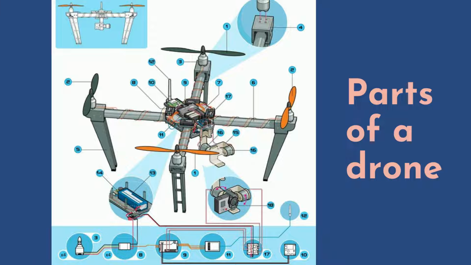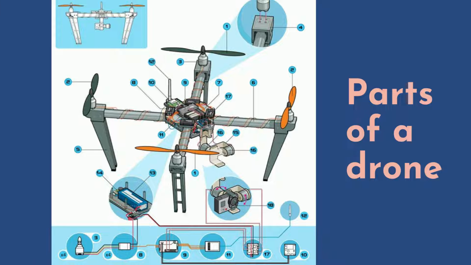Number 3 are brushless motors, number 4 are motor mounts, number 5 is the landing gear, number 6 are arms for stability, number 7 is the central part of the drone with which all its arms connect, number 8 is the electronic speed controller, ESC, the number 9 is the flight controller, the number 10 is the GPS, the number